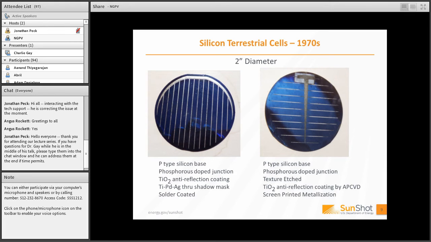So we began to make small modules with screen printed contacts and replaced the higher quality evaporated TiO2 or tantalum pentoxide AR coatings with atmospheric pressure CVD coatings, basically using titanium isopropoxide and methanol in a furnace that had ambient air in it. On the next slide,